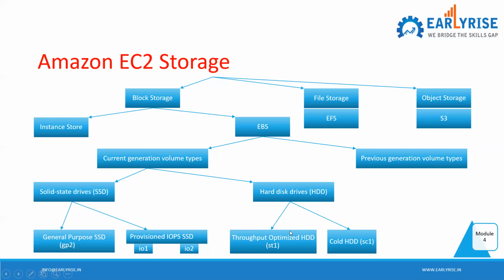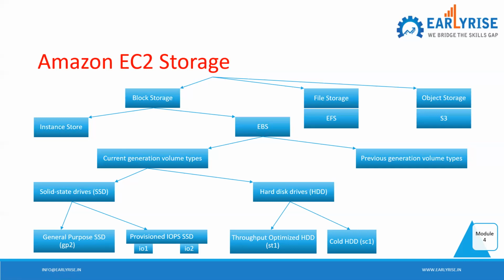So just try to look for all these types. What are the use cases? What are the pricing? Just take a look. No questions will be asked about the exact price. But at the same time, you have to understand which one is better in performance, and which one is costlier. Say this provisioned one will be costlier, then comes this GP2 one, then this ST1 will come, then this SC1 will come. So you should have some understanding, some competitive numbers in your mind.